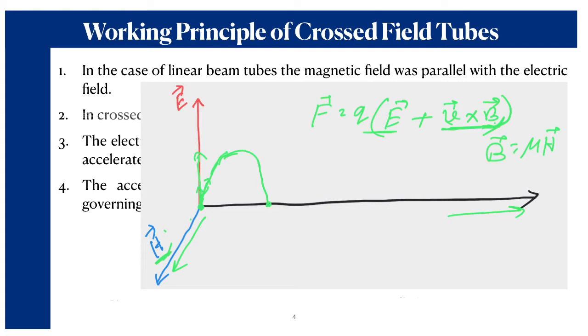And at this position the particle will come to rest and the situation will be exactly equal to the initial situation from where the particle started its journey. At this condition, since the velocity is again 0, the force due to the magnetic field will be 0 again, and since the force due to the magnetic field is 0 and the velocity is also 0, the force due to the electric field will again start to work, and due to the electric field the particle will again